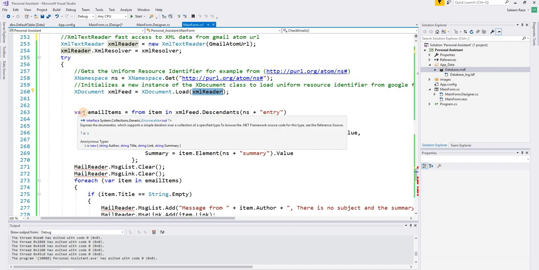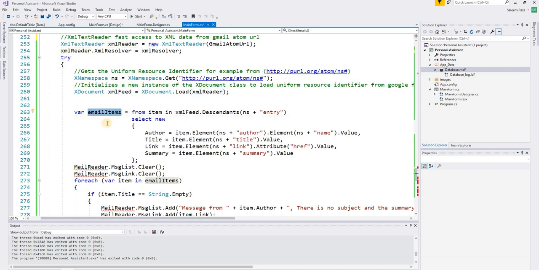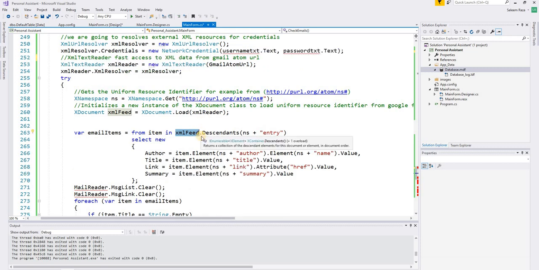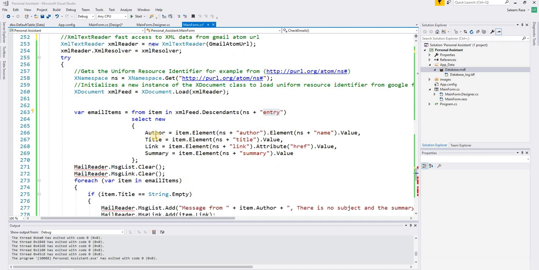Then we are going to create a variable named emailItems, which is equal to items from our XML document, which has all the data from our XmlTextReader. Then we are going to get the descendant entry in our emails. For example, for the